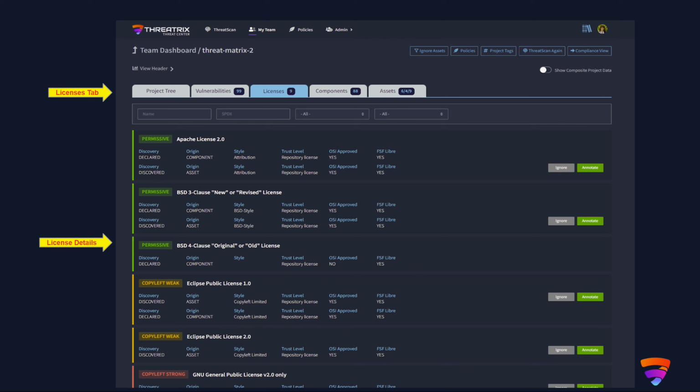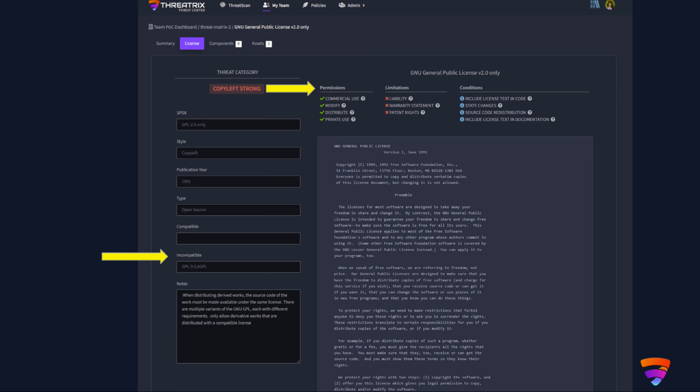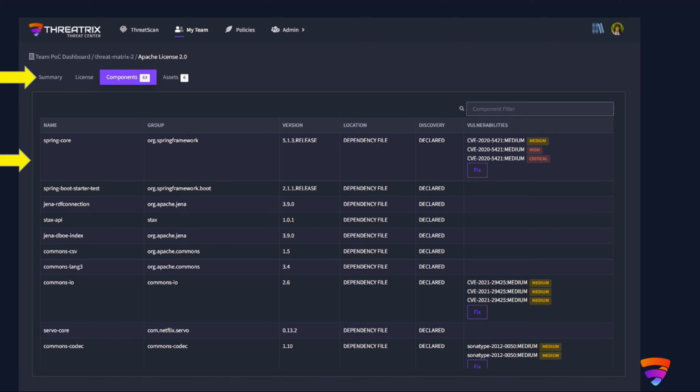Though developers aren't typically focused on licenses, they do have access to the attached licenses within each project in case they are restricted by your organization to have access to the compliance dashboard. Any changes made here by devs will show up in the compliance dashboard. The details for each attached license are provided, including permissions, limitations, and conditions to effectuate company policies, and licenses that are compatible or incompatible. We cross-reference all the license data with the associated components,